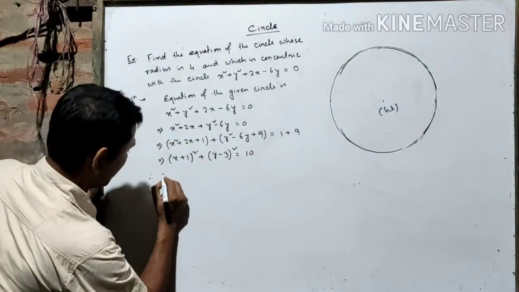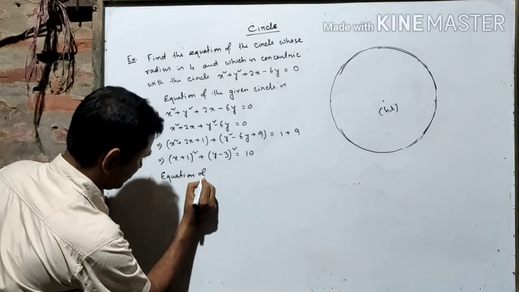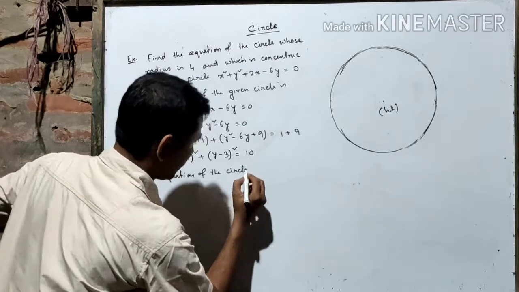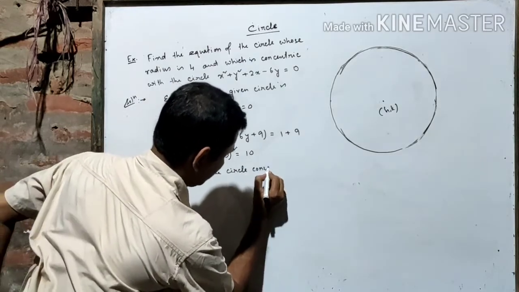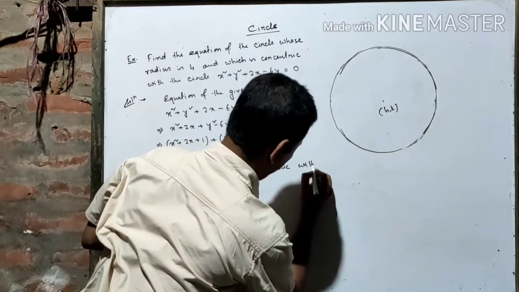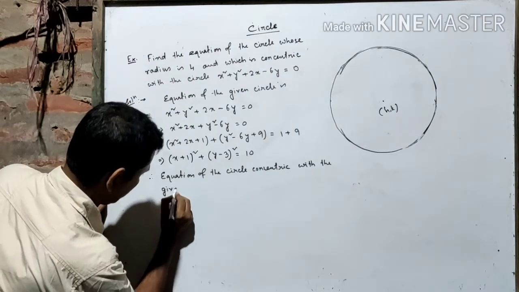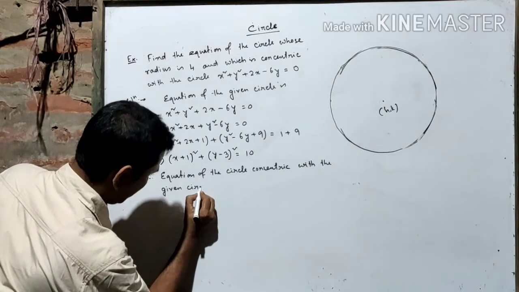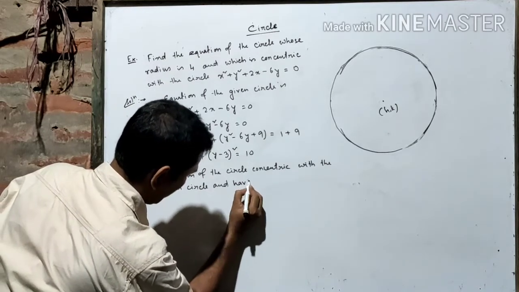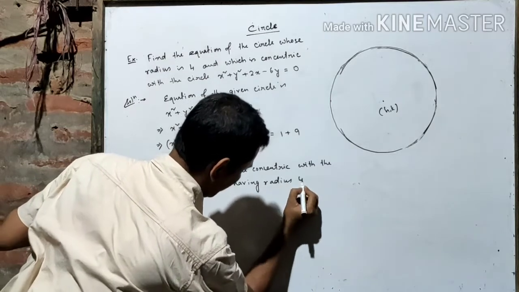Therefore, equation of the circle concentric with the given circle and having radius 4 units